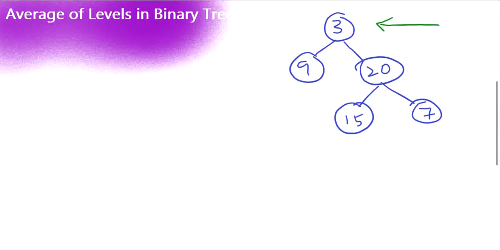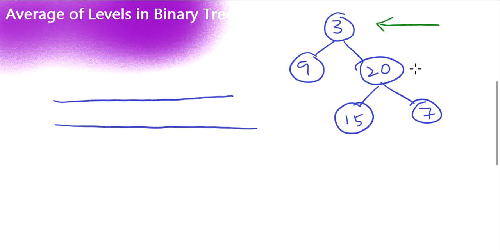To do level order traversal or BFS, we're going to get the help of a queue. So in our queue, we are going to add our first element, that is the root element. And once we have added it, we are going to add the value of the root element to our list. Then we are going to pull or remove that element from the queue and add its children. That is, we are going to consider 3